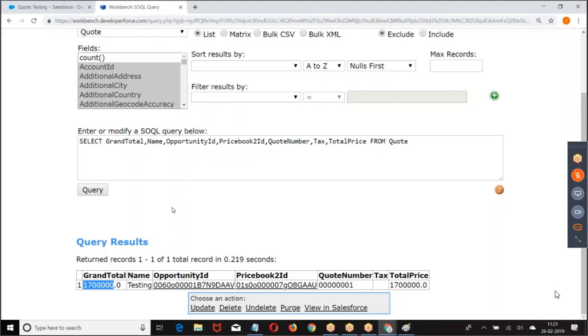Now, what is the data we are going to get? Look at the point. Quotation name, opportunity, quotation number, total, grand total. Name of the quotation, for which opportunity. If you want, you can also give account ID, contact ID.